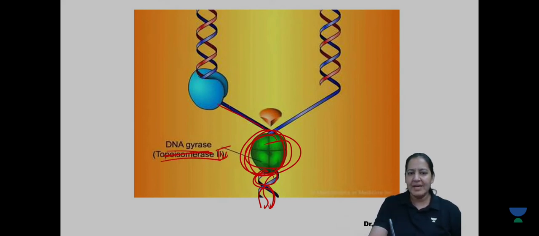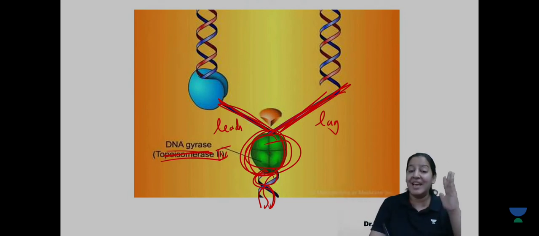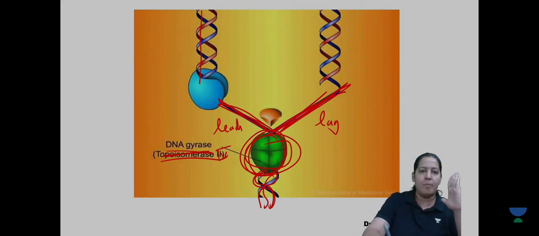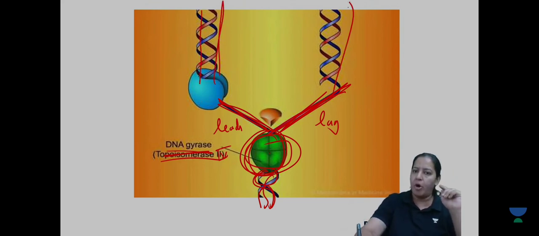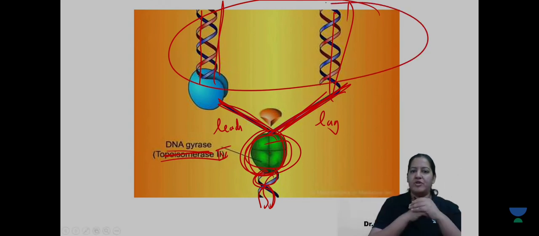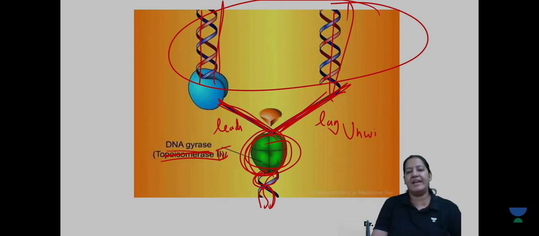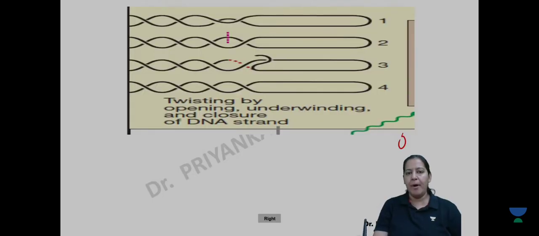What is this enzyme doing? Separating the two strands. One is leading and one is lagging. So these two are separated. Now, after this, another enzyme, DNA polymerase, will come and form the complementary strand here also. I'm not interested in the complementary strand formation. I'm interested in separation. The separation is known as unwinding. You got my point?